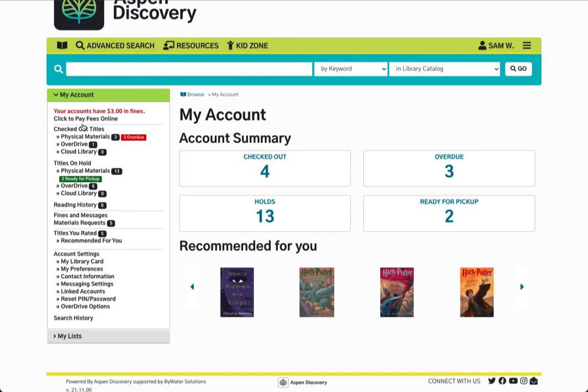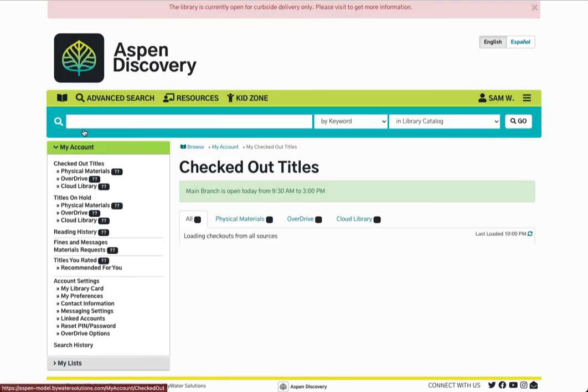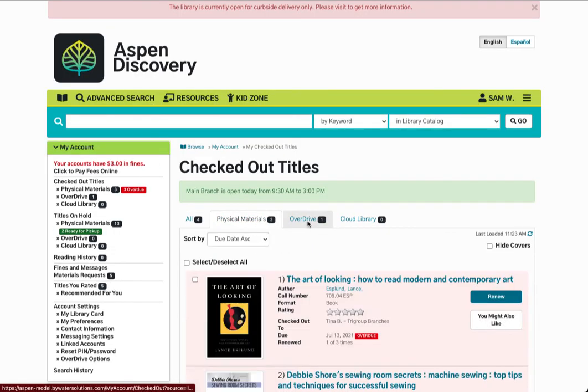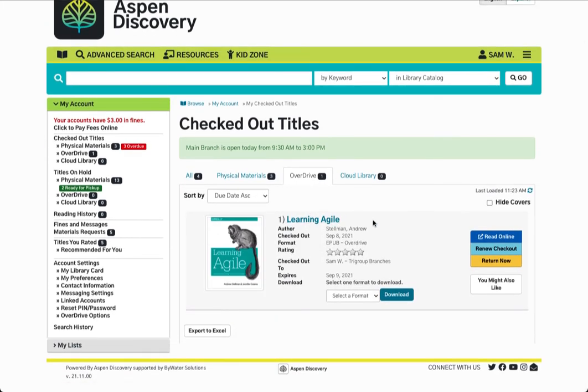In their account information, they'll be able to see their checked out titles, including physical materials that they have checked out, along with anything that they have checked out from those e-content providers. This will allow them to read right away. They can check or renew items out and back in, and they also have a great way to explore other